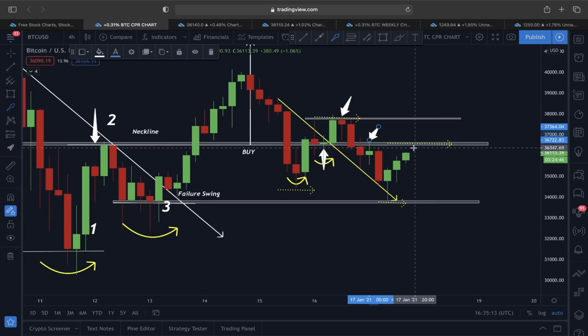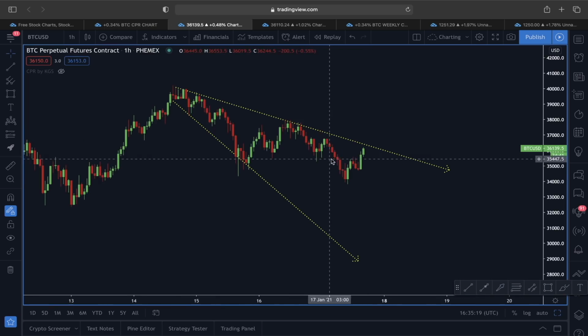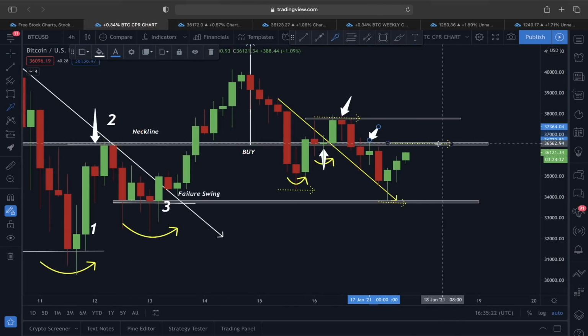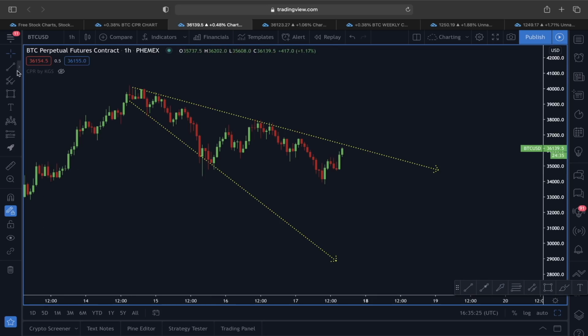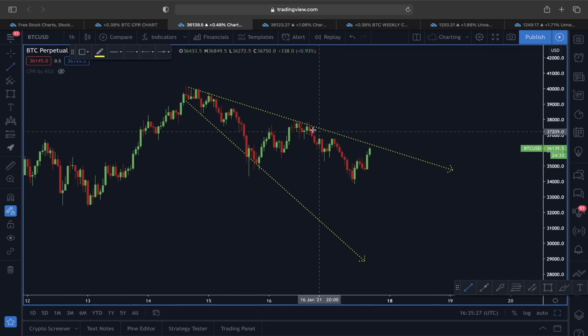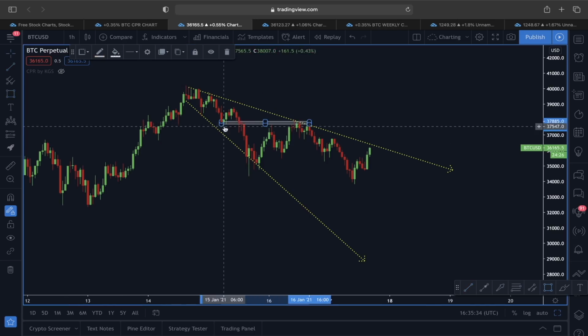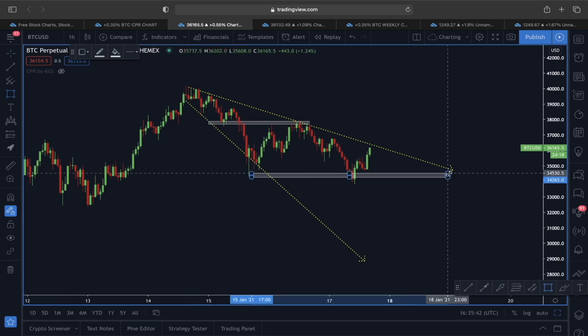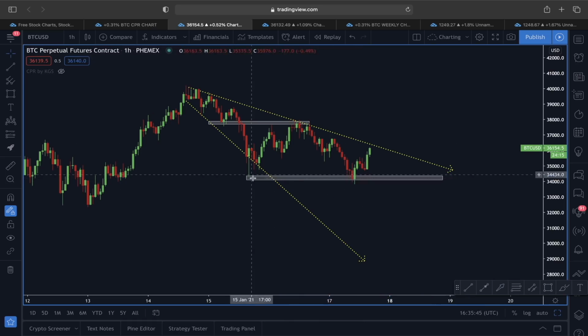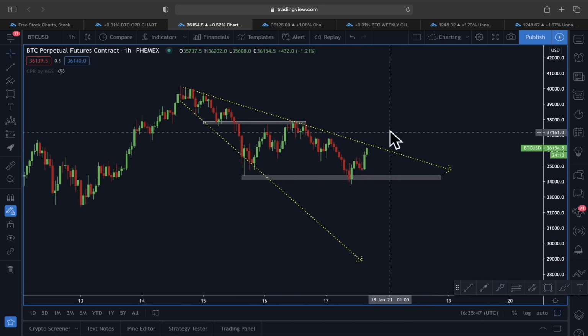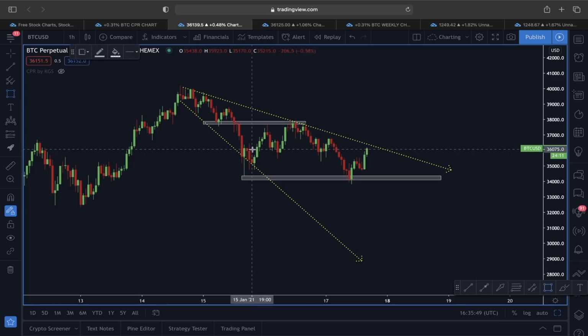But now, since we are heading towards this neckline area of 36,500, if the price is going to find support over this 36,500, then there is also a very high possibility that this price could be breaking out of this descending broadening wedge. Because if we look at the price structure inside this descending broadening wedge, each and every price level has played an important role. You can see here. So right now, since the price has already come out of this lowest point area, what we could be expecting is heading towards the next key level area. So where that could be is around